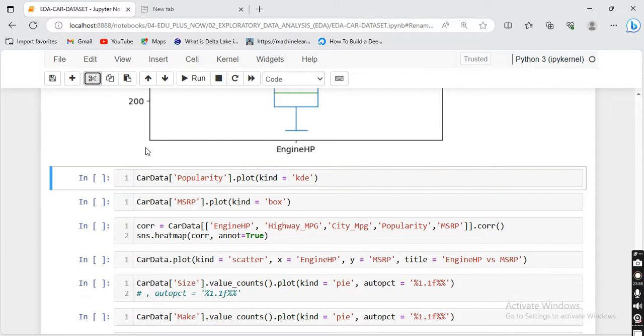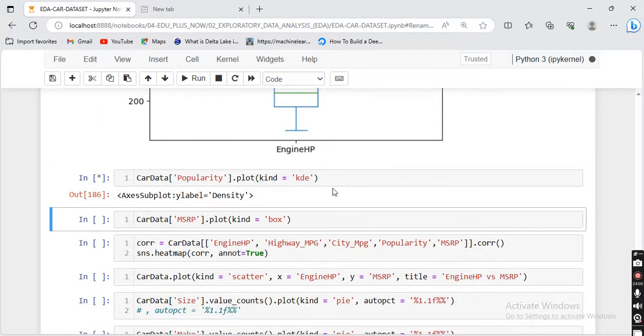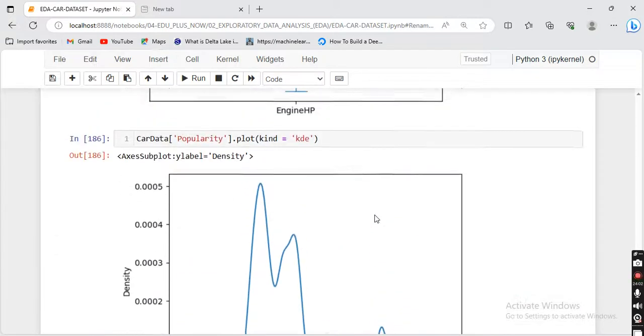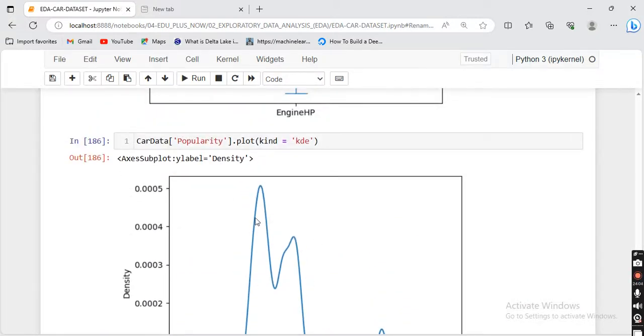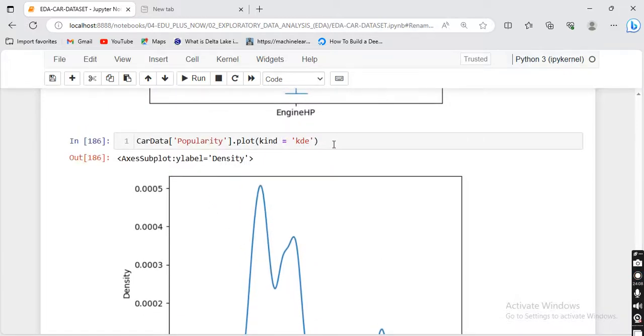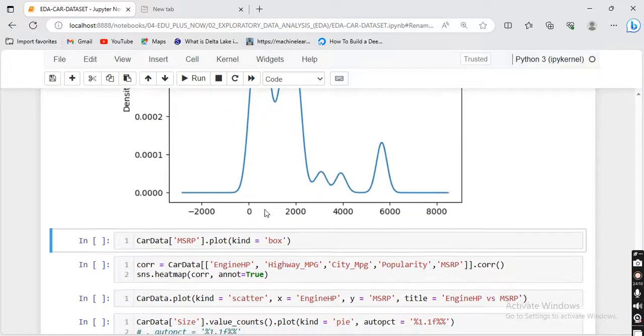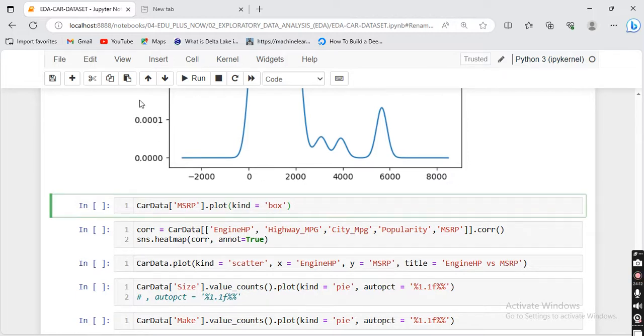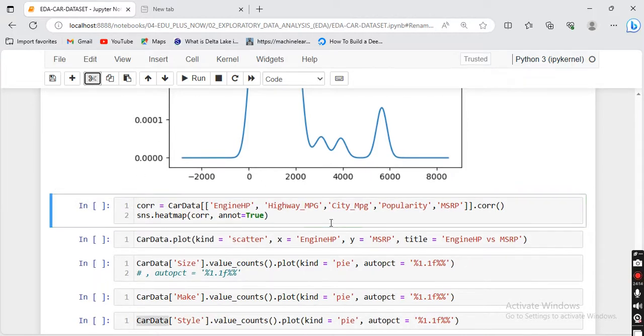MSRP, that we have already seen. Yes, popularity: when we plot the KDE plot, the KDE plot is nothing but the histogram, but it's a smooth curve actually. So for popularity, when you plot kind is equal to KDE, then this is already plotted. Now